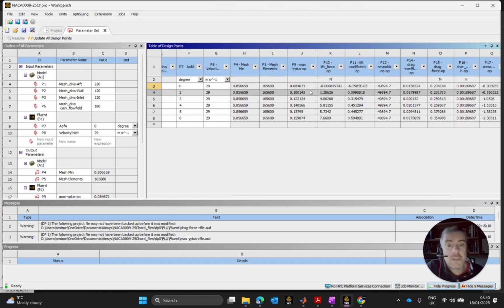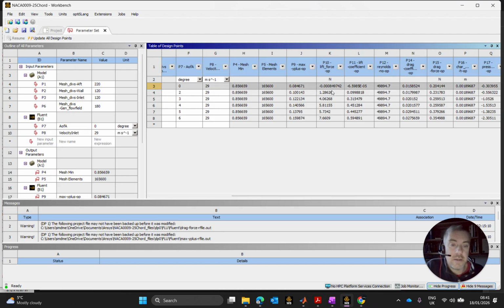The y plus value has changed. Y plus will change because our friction velocity would have changed with the different angle of attack. Skin friction as well likely would have changed. So there are things that do change with the relationship between the air and the parts of the airfoil, and how the air is interacting with the airfoil, driven by a different angle of attack. That will affect the maximum Y plus. I could see that for all angles of attack, my Y plus is still within range. It's still below 1 for this SST, k-omega SST